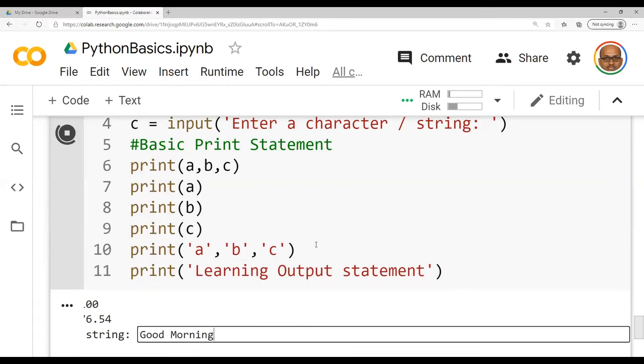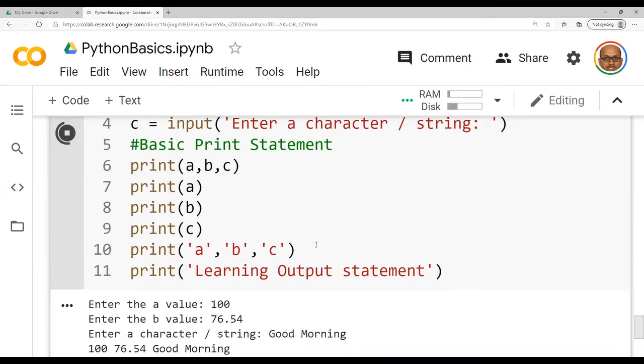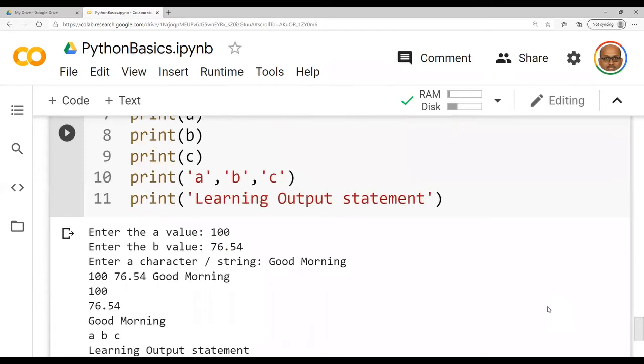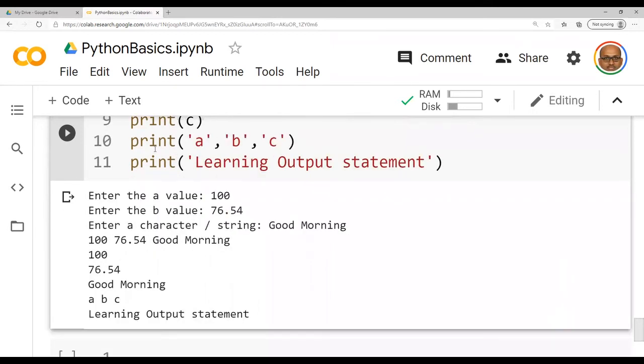I am giving in single quotes. See here, if instead of the variable, the variable is given in quotes, you will not be getting the value. Why am I not getting 100, why am I getting A?